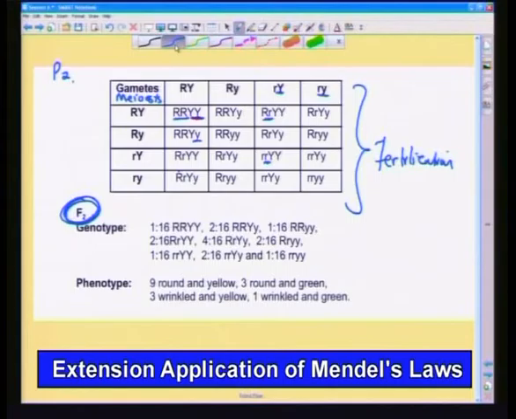So our combinations for our genotype: 1 in 16 will be capital R, capital Y, so homozygous dominant for both traits. 2 in 16 will be round and yellow. We've still got here 1 in 16 homozygous round, homozygous yellow, and so we carry on. So you write all these combinations out, everything that you have here, and as you write them down,